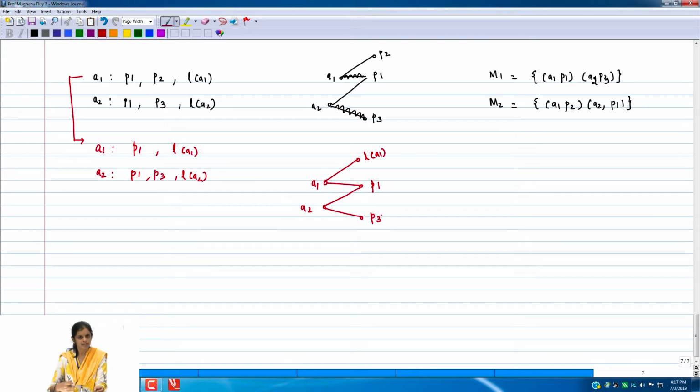Now the central authority will have two choices again. There are two matchings which are possible. You could argue that the central authority will choose a maximum cardinality matching, but as of now that can also be beaten. So we will assume that the central authority chooses any matching. So the central authority now has choices. N1 is equal to A1 P1, A2 P3, which was the first matching as usual, and N2, which is even worse: A1 nothing, that is, it is unmatched, or L of A1, and A2 P1.